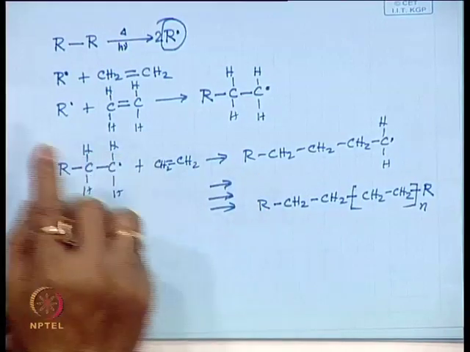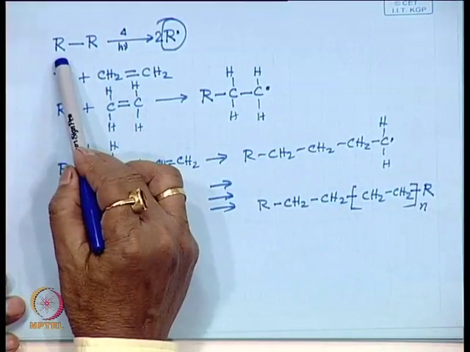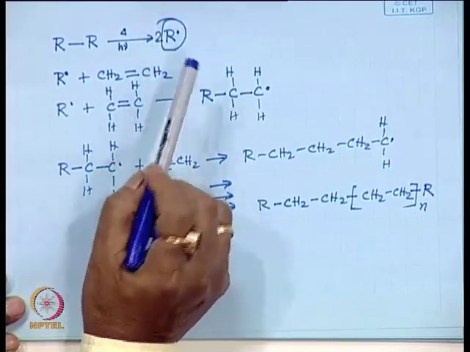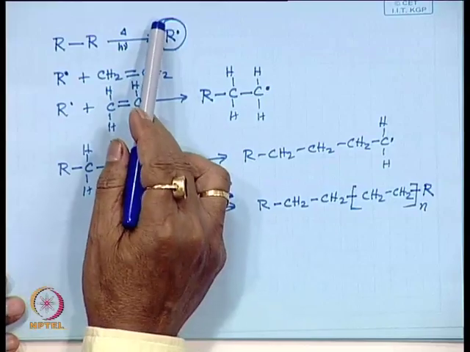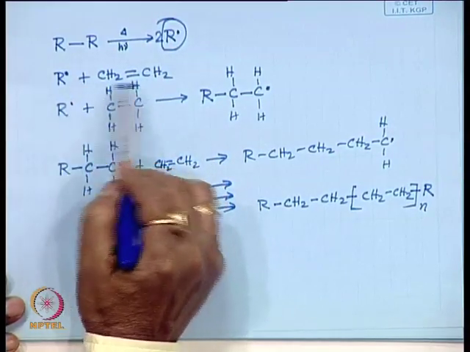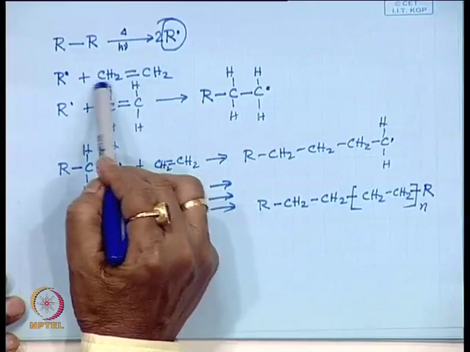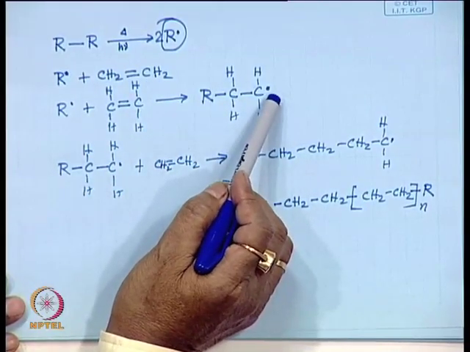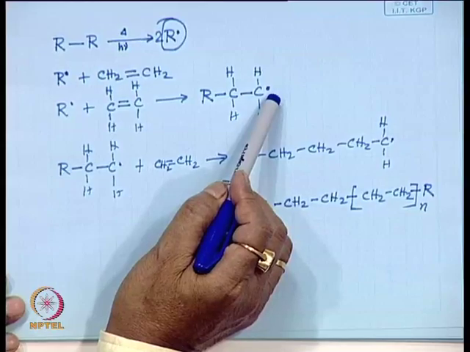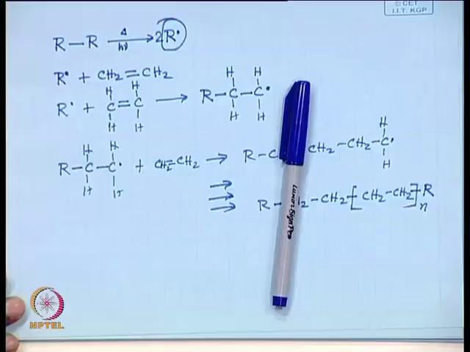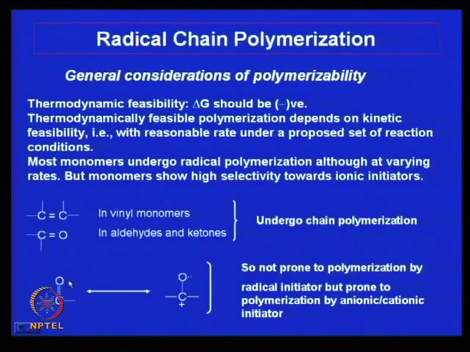Now, I told you about the agencies, this free radical. What will be the nature of this free radical, so that it can attack these molecules to form a free radical like this? How does it happen? You see, here is a double bond between a carbon and an oxygen